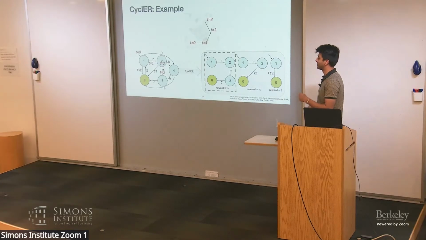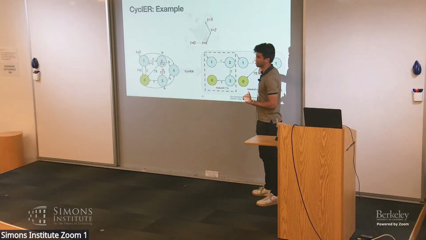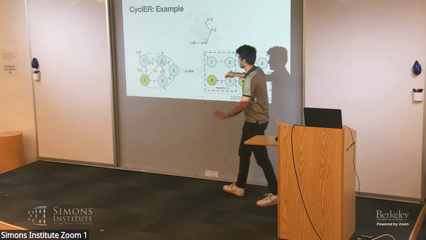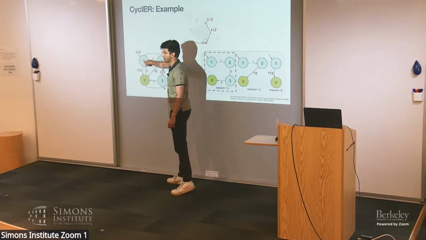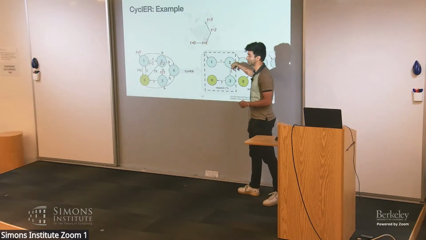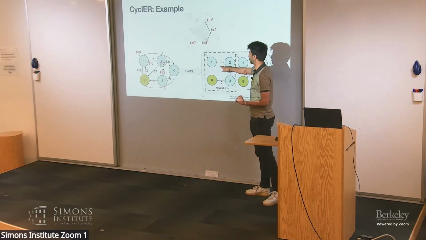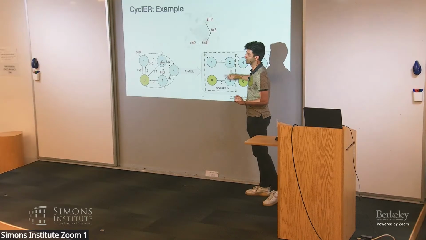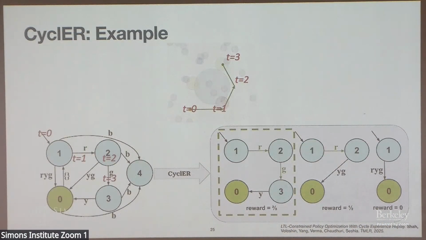In order to avoid that, you can only give reward on the first time you take a transition in a cycle. Let's say there happened to be some back transition here, and I just kept taking this transition R here. In theory, I could get reward every single time I take that. But the rule of our cycler algorithm is that you only get reward for the first time you take the transition in an accepting cycle. Subsequent times you take it, you will not get reward for it, only on that first time. That's important because that's exactly how we avoid reward hacking and maintain the guarantee that this is right and this will work. It's a good question.